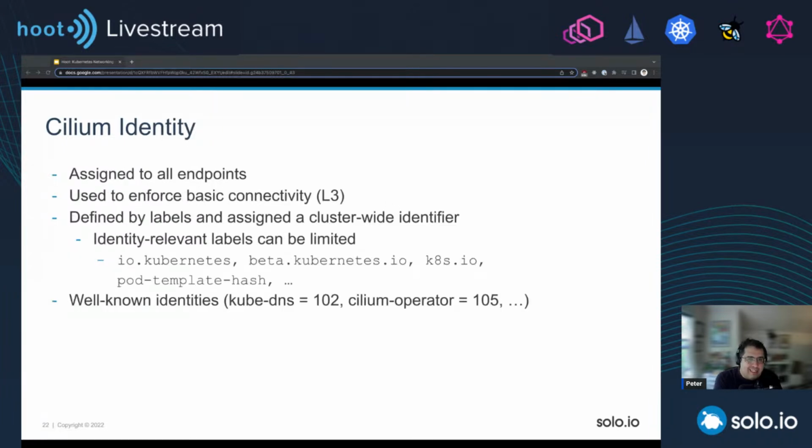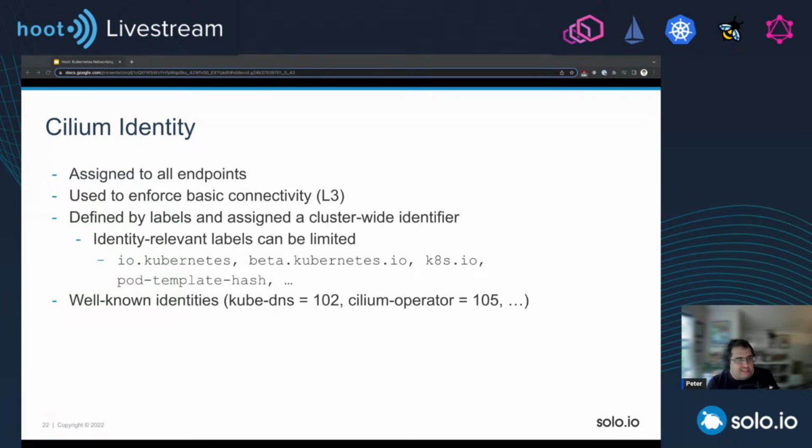Identity is assigned to all endpoints, and this identity is used for enforcing the basic connectivity between endpoints. The identity of an endpoint is derived based on the labels that are assigned to the pod, so if the labels change on the pod, the identity of the endpoint will get updated as well.